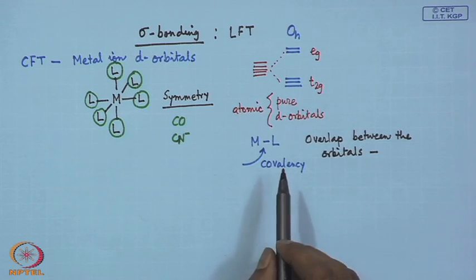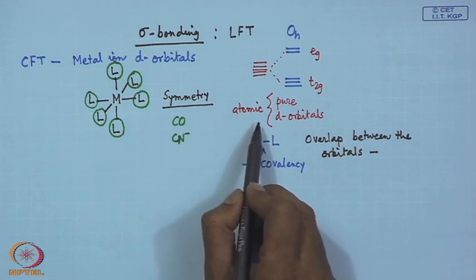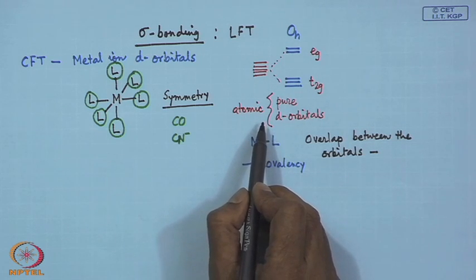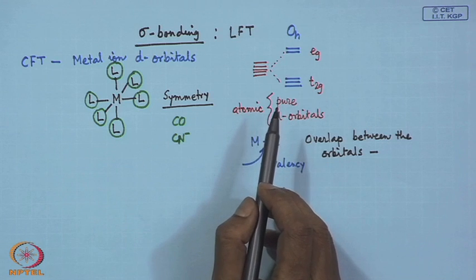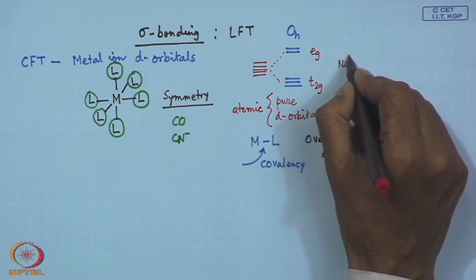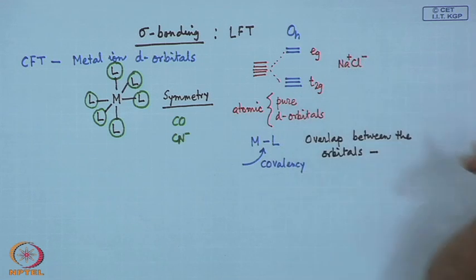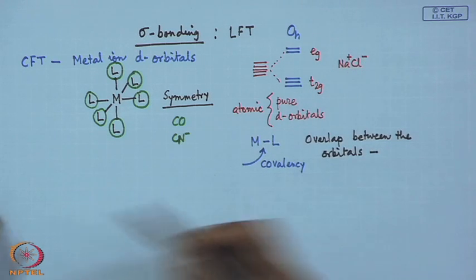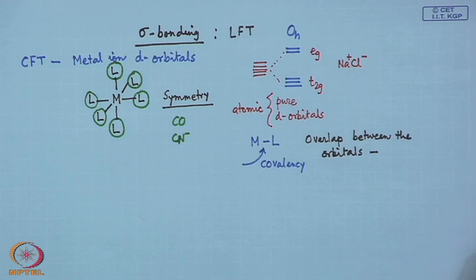So instead of having so many atomic orbitals only undergoing splitting, which is very much similar to the splitting of different energy levels which we see in case of, say, the sodium chloride crystal lattice,